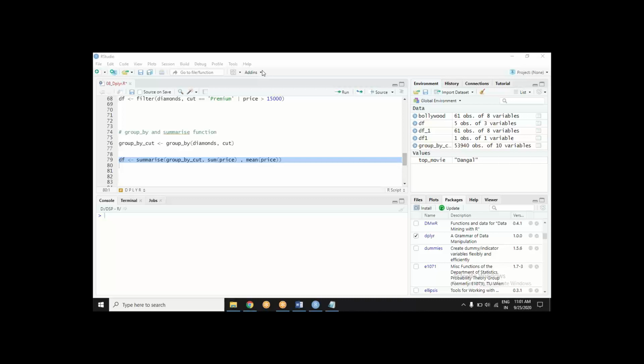Others? Getting it all set. Okay, very fine.